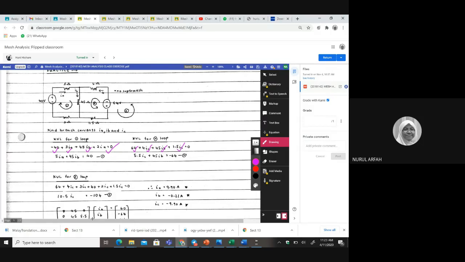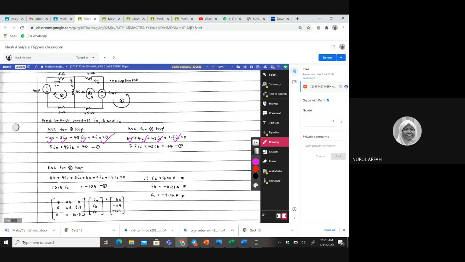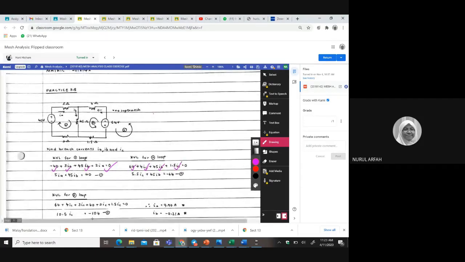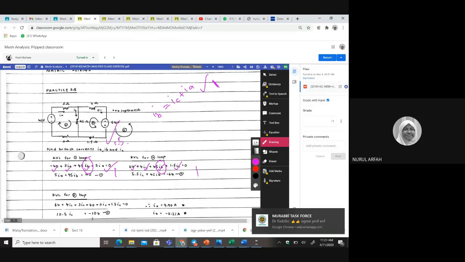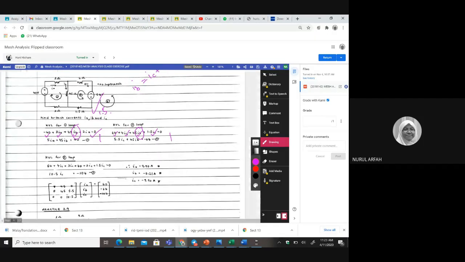Okay, but where is your IB? I will look at your IB. Where's your IB? Honey? No IB. So you need to figure out IB equal to what? IB is equal to IC plus IA. Okay. And if you have this one, usually for this part, because this is IB, I will put maybe this is 1 mark and this one 1 mark. Usually 1.5, 1.5. Tapi I will look at your IB here. This is 1 mark. And then this is 1.5 marks. And this is look mana ni?